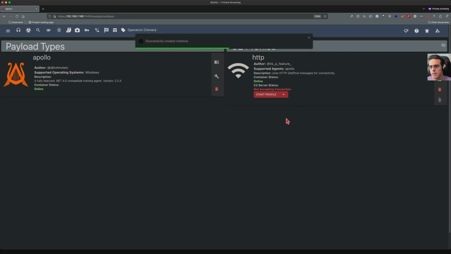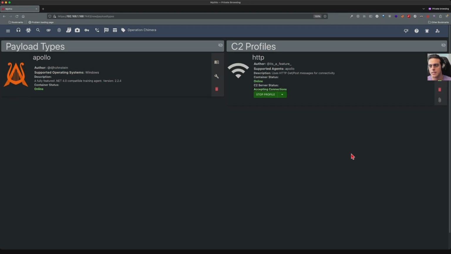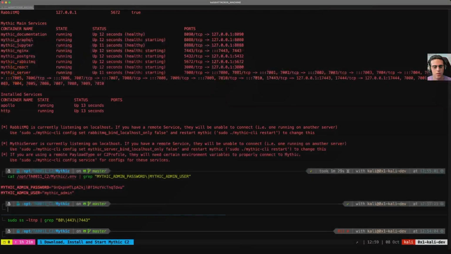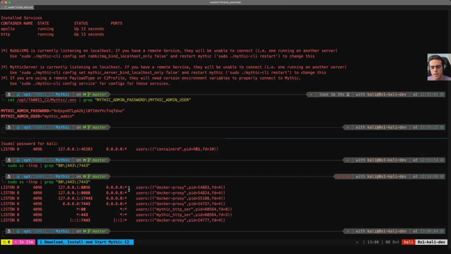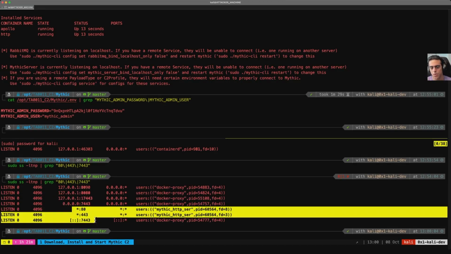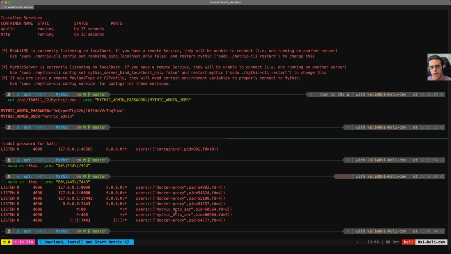Now, after having created them, we can start the profile, which will in turn start the ports 443 and port 80 to listen on the C2 server machine. We can show that by going to the C2 server machine and querying again for open ports. Here we can see port 80, port 443, and 7443. 7443 being the console where we're seeing Mythic C2 server, 443 and 80 for our HTTP listeners,